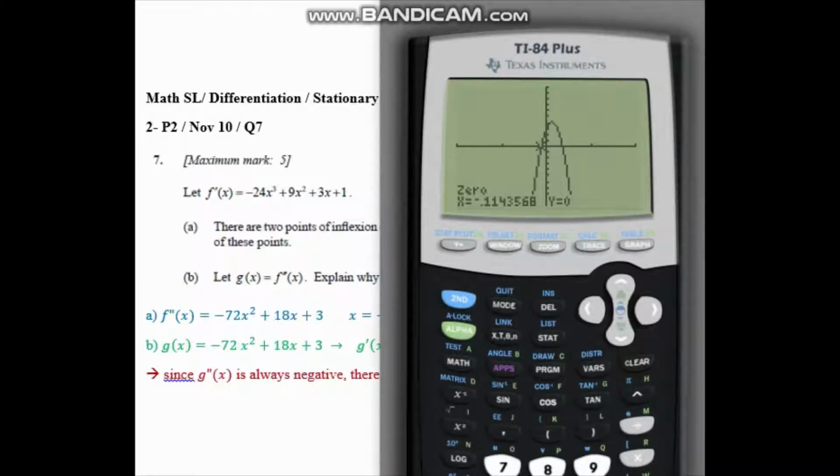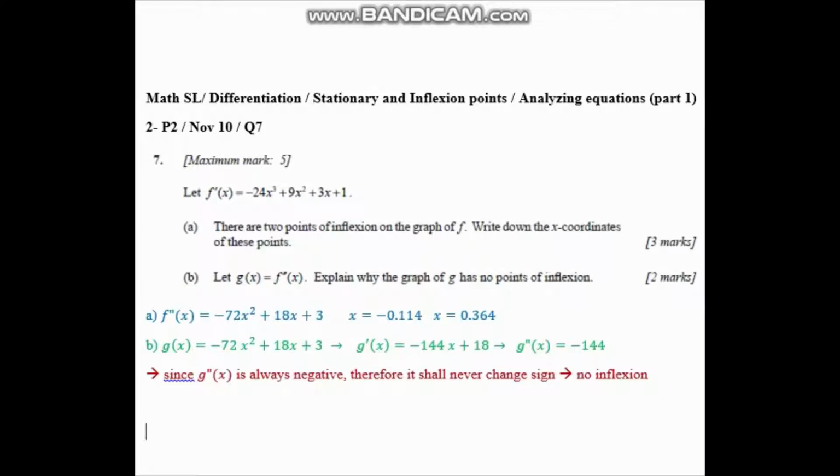And the solution is negative 0.114. So we are done. We got the 2 x-intercepts. We no longer need the GDC now. I simply write the 2 solutions down, negative 0.114 and